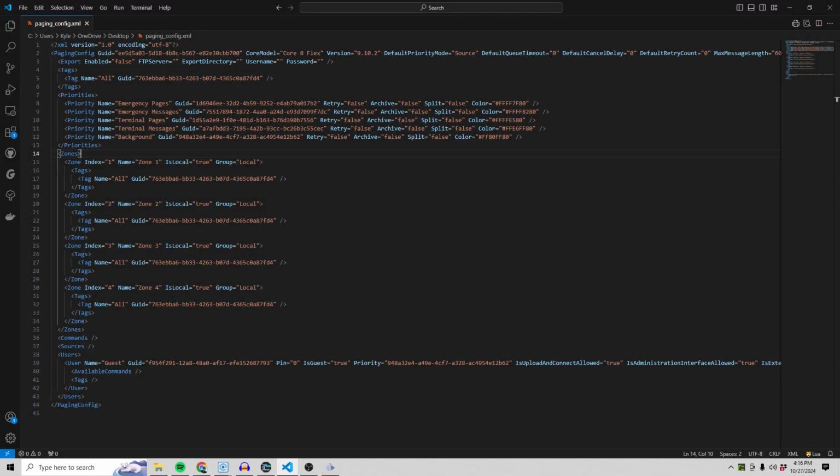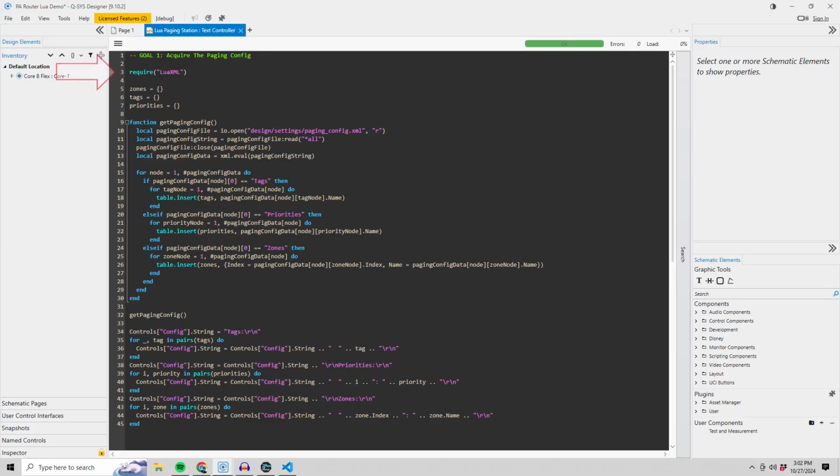The paging config is stored in the file structure of the design during run or emulate mode as an XML file, which looks like this. Feel free to pause if you want to take a look at it more closely. To read it, we'll start by requiring the Lua XML library. Although this library can read XML files directly, I have not been able to get that to work properly in Q-Sys, so we'll use the IO library to open the file, read the entire contents to a string, then close it. Once we have that string, we can use Lua XML to evaluate it and get a table containing our